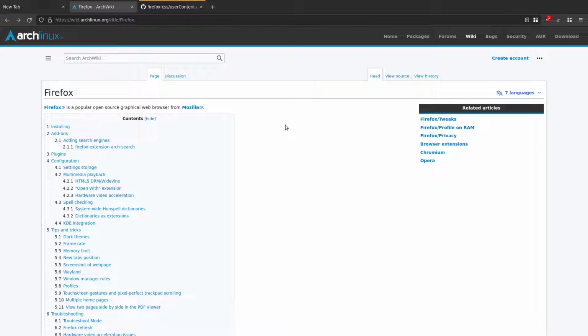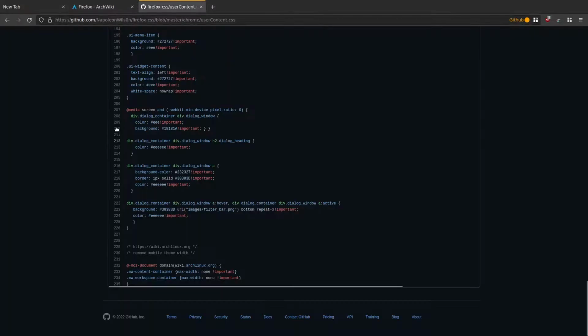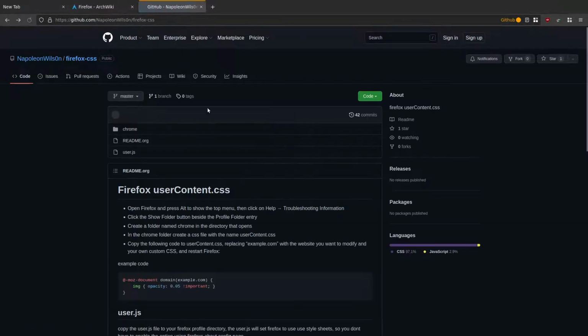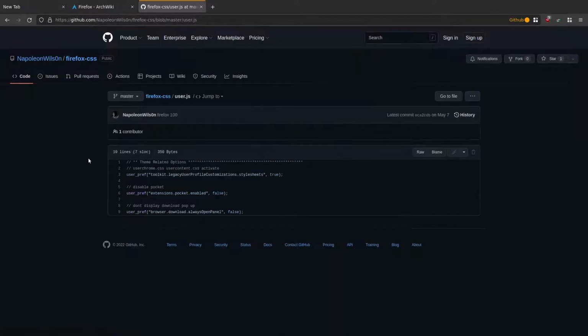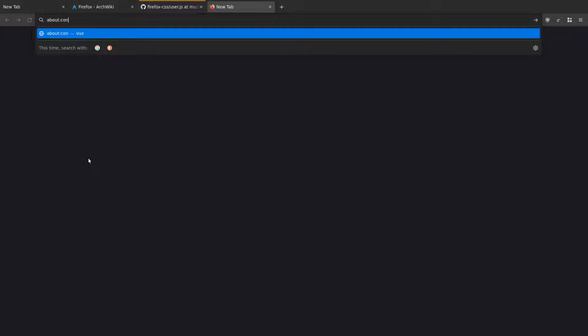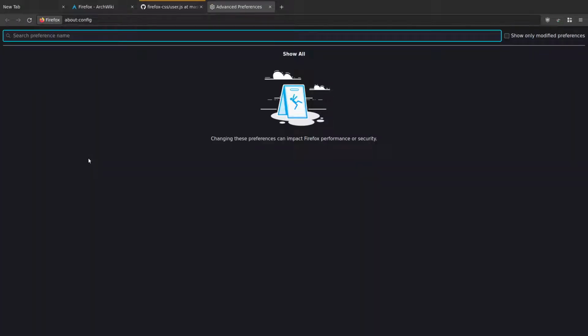So the first thing is, as I said, what we have is this Chrome folder here, and we also have a file called user.js. And basically in this file, what you can do is specify options that you would normally set using about:config. So normally when you set up a new version of Firefox, you'll go to about:config, and it will usually prompt you saying, do you want to change the settings, and you'll get